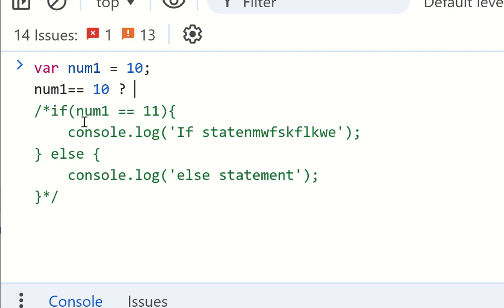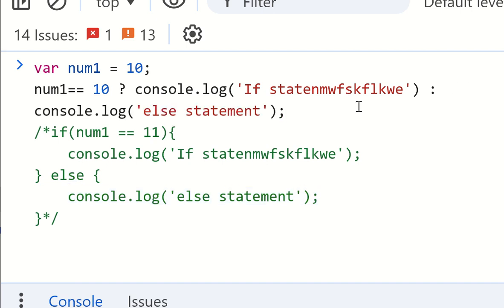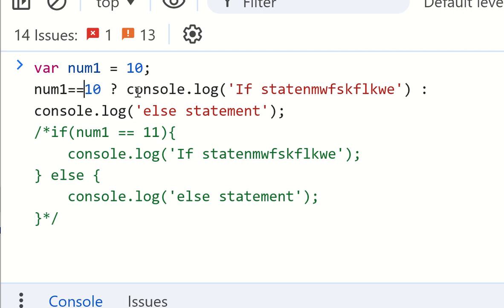So what will be the output? This should be output 1, colon, second output. So number 1 is equal to 10. If the condition is true, then the first statement will be executed.